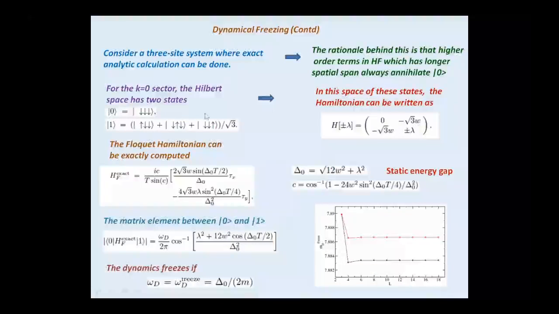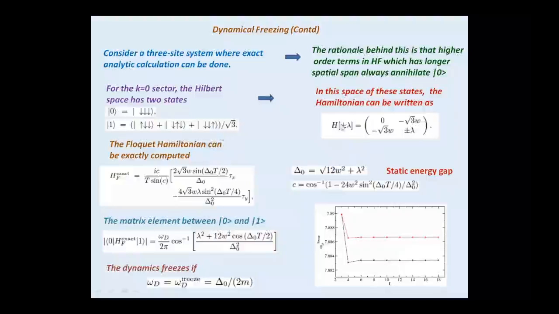To understand that, we do a really small calculation where we just take 3 sites of the chain. Because 2 Rydberg atoms cannot exist side by side, we have just 2 states in these 3 site space. One of them is when all Rydberg atoms are down, and the other one in which only one Rydberg atom is in the up state. So here there is 0 Rydberg excitation, and here there is 1 Rydberg excitation.